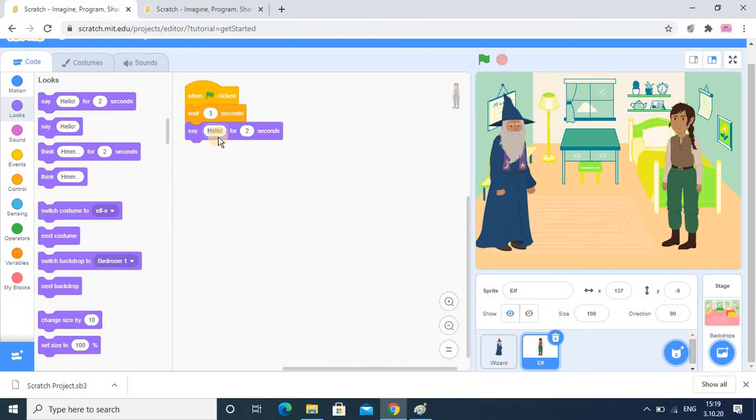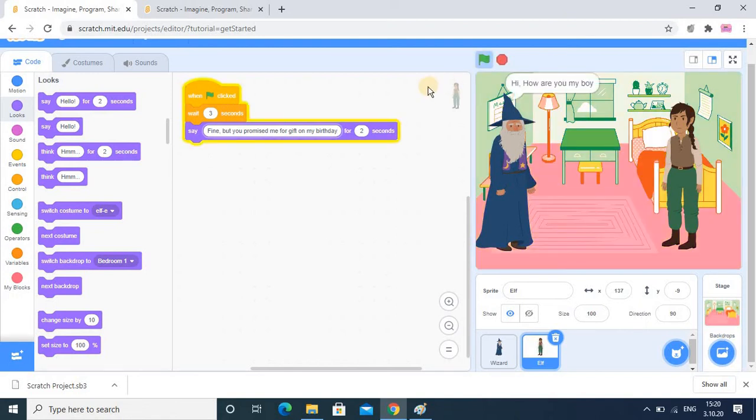Fine. So fine, but you promised me a gift on my birthday. So I will just check whether it is running properly or not. So this is the conversation.